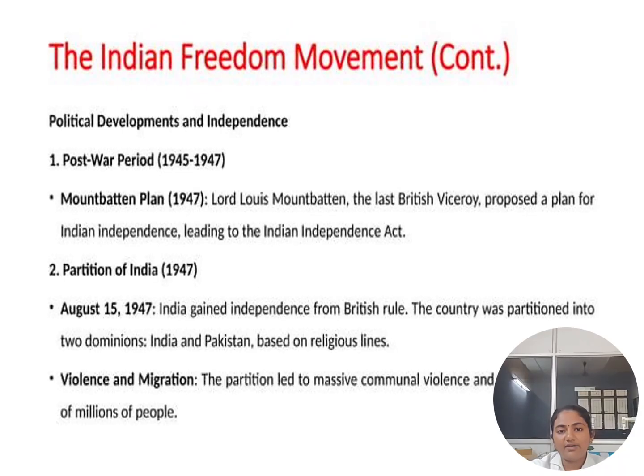And the political developments and independence. The post-war period is between 1945 and 1947. First, the Mountbatten Plan was proposed for Indian independence, leading to the Indian Independence Act, and then the partition of India was done in 1947. It was gained from British rule, separating India and Pakistan based on religious lines, and then there was communal violence between the millions of